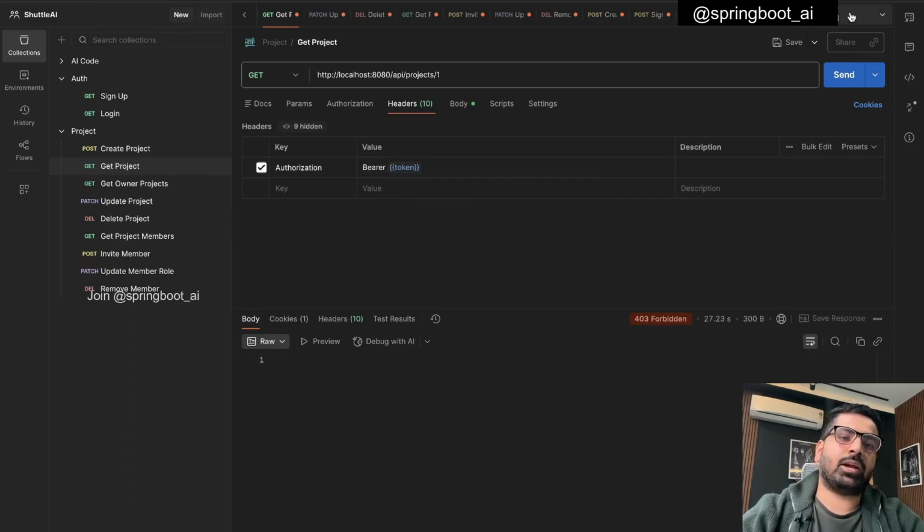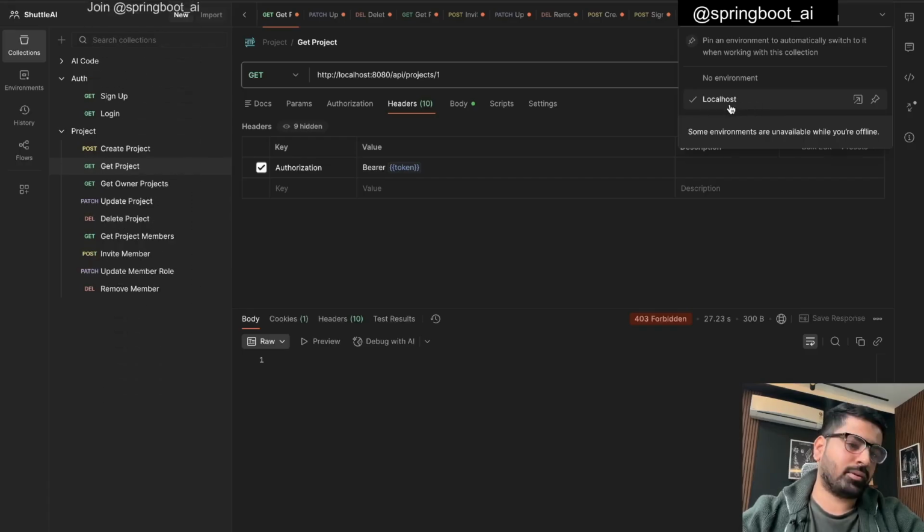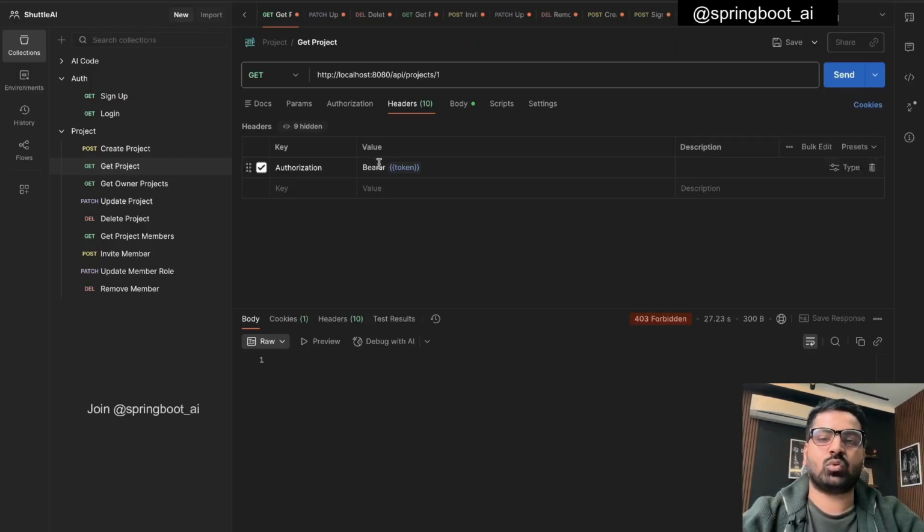Currently you can see that my localhost environment is enabled here. You need to configure an environment. By default it is set to no environment. So just configure any one environment here. For example, I have put this localhost environment. So just name the environment anything. You can say it my environment or localhost or whatever, and then it will just store the token into that